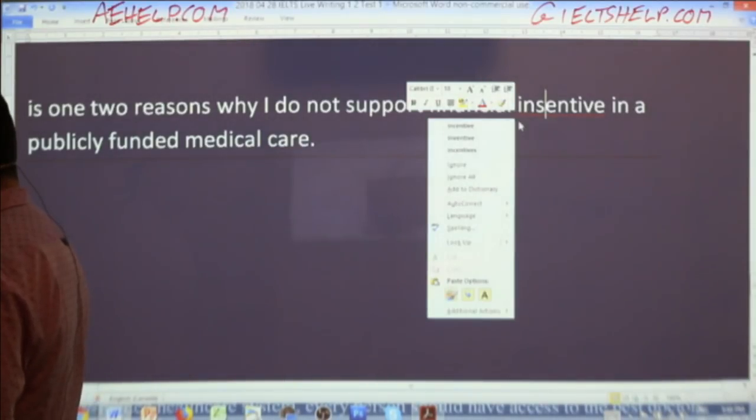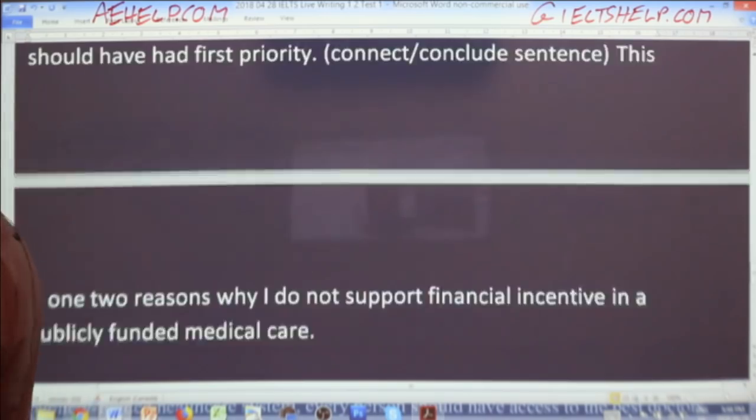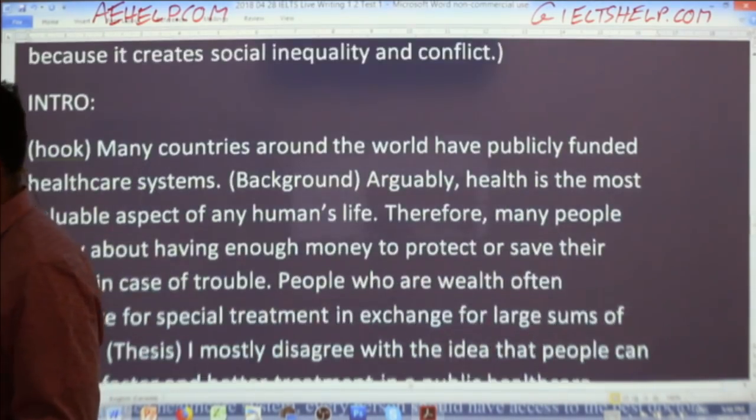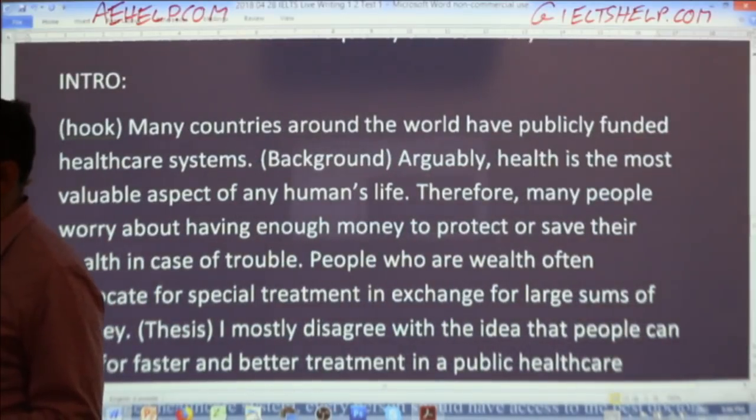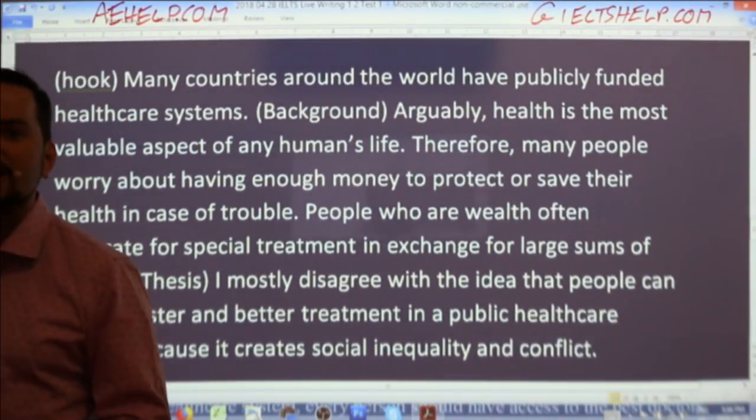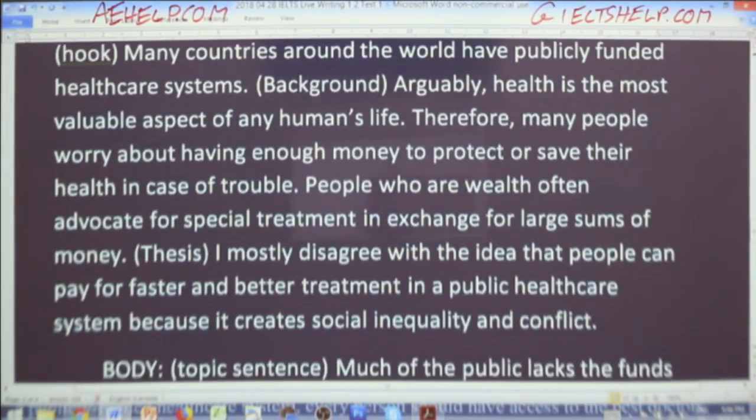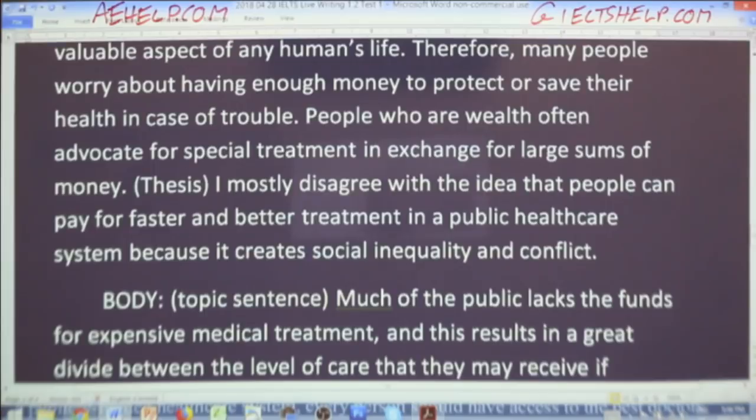And there you have that first paragraph. Okay, so first body paragraph. Here we go. Just a quick review of what we have so far. Make sure you're not getting lost. Yes, Alien Eater, C instead of an S. I realized that just after. Many countries around the world have publicly funded healthcare systems. Arguably, health is the most valuable aspect of any human's life. Therefore, many people worry about having enough money to protect or save their health in case of trouble. People who are wealthy,